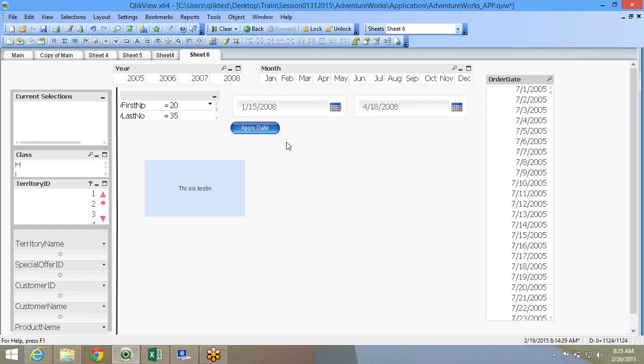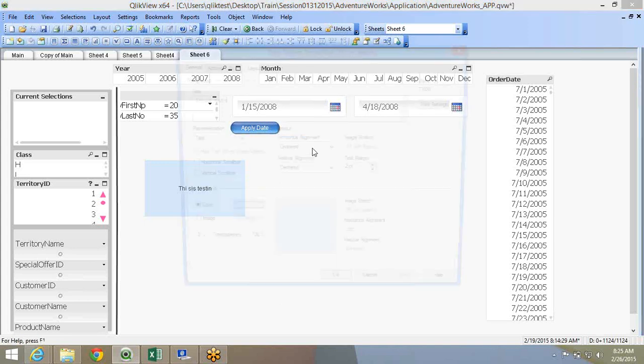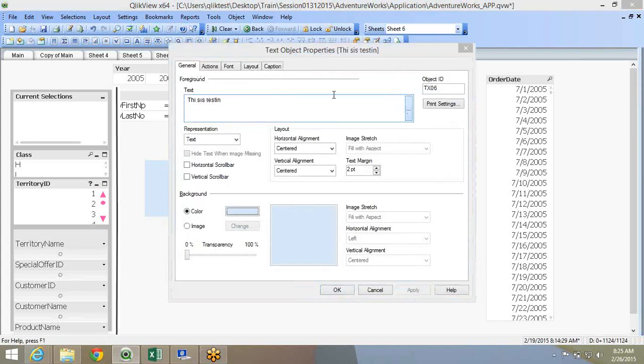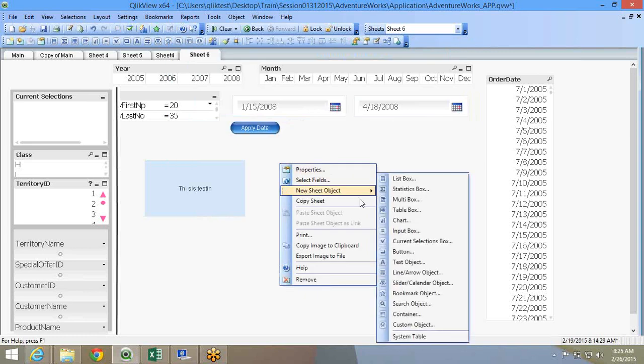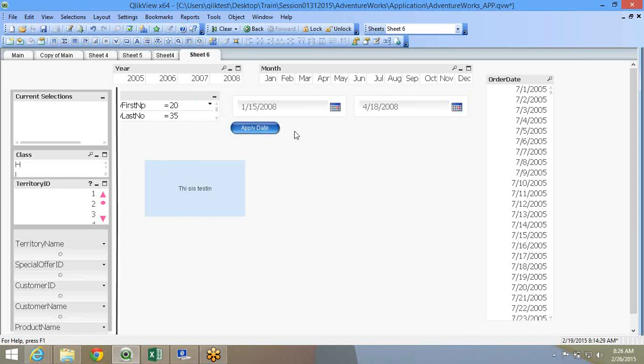So tomorrow we'll start with the text object and with the expression builder. Text object is where I will demonstrate all the expression building capabilities and what the functions are, how you can do it, and we'll understand set analysis. Then once we do that, we can move into charts. The reason that I've kept the charts at the end is that variable creation, triggers, and setting variables will all help us realize how you can make those charts more effective. That is one of the reasons that I completed all the other objects first, and then we'll do charts at the end. Any questions?